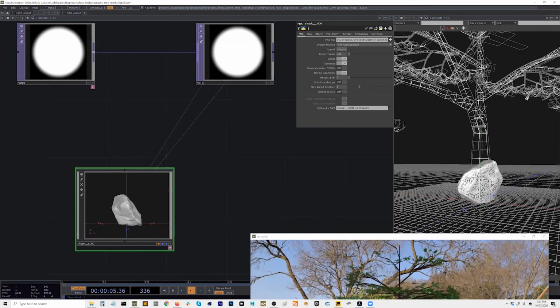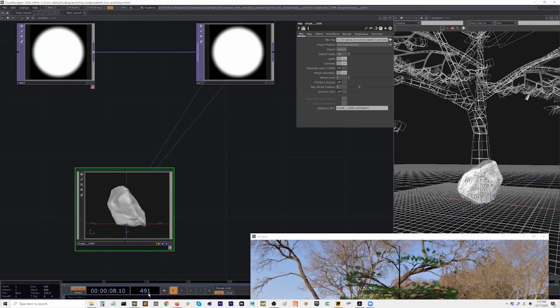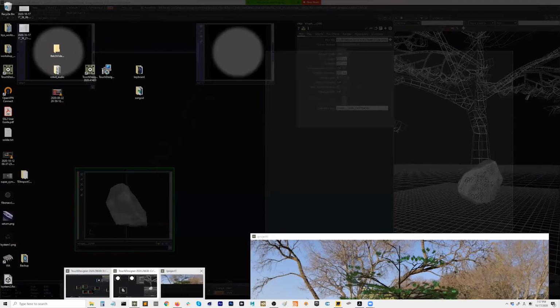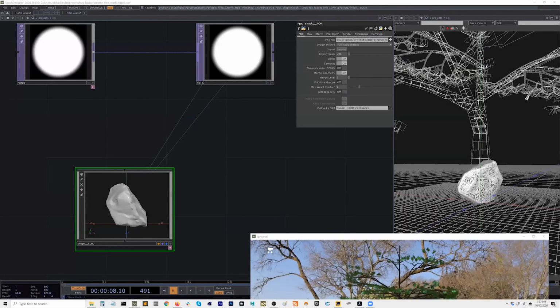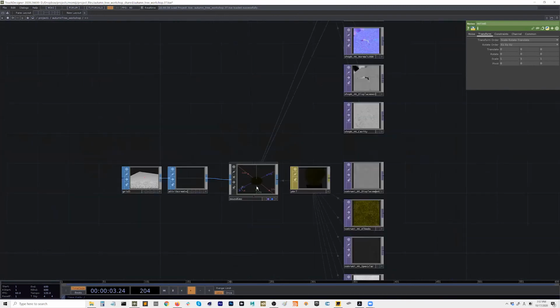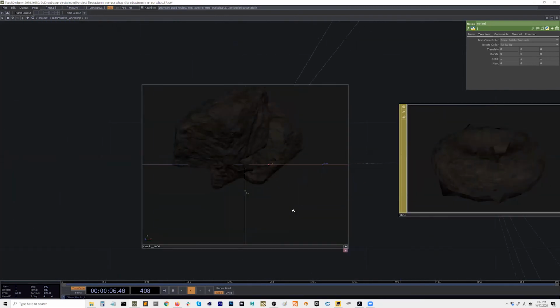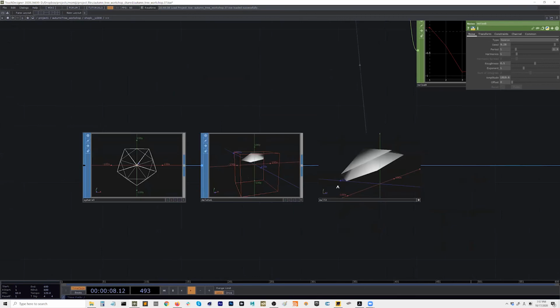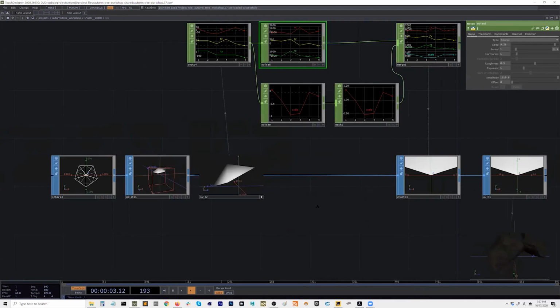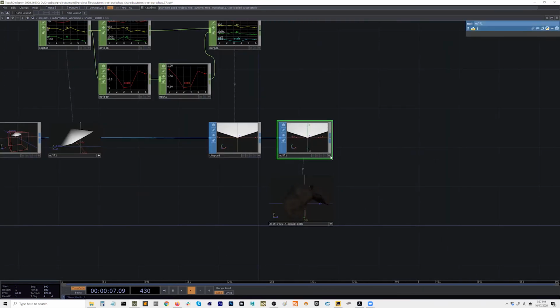an example file. Let me quickly show you. So we are looking at now the example file. Here's the mound. And this one is the rock. So I made it a little cluster, right? And you can see that happening inside of this network. I just have a sphere and just blasted just the top portion of it. And simply just using that for instancing these rocks.